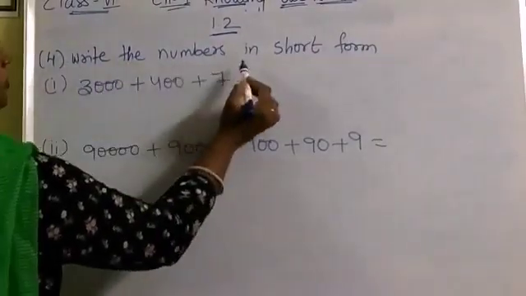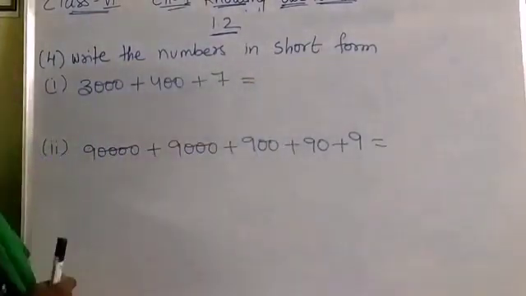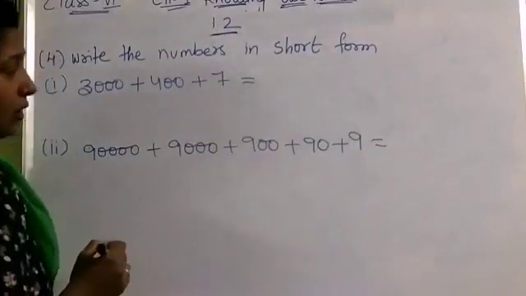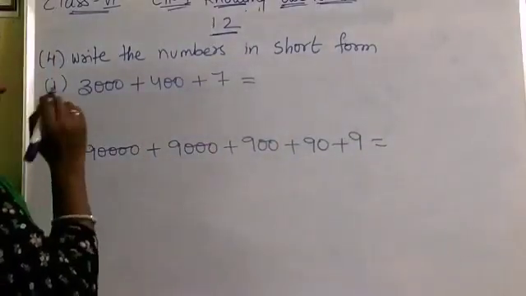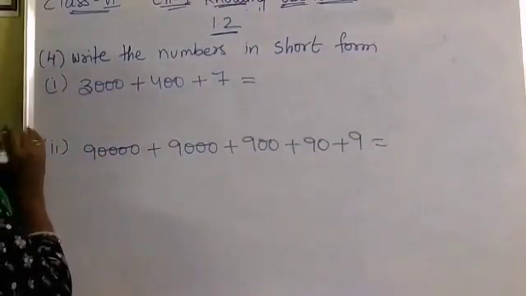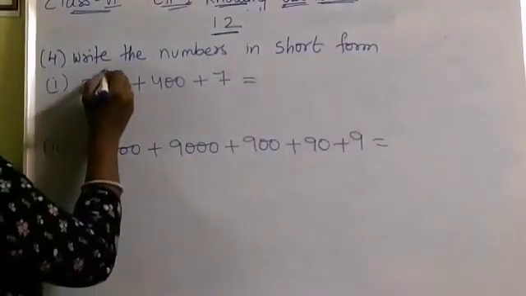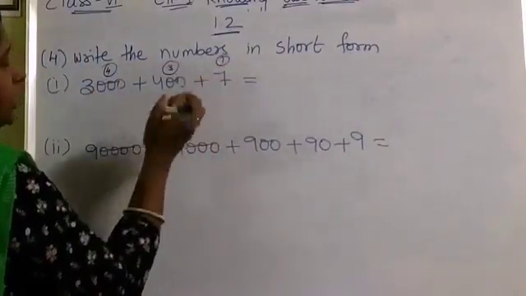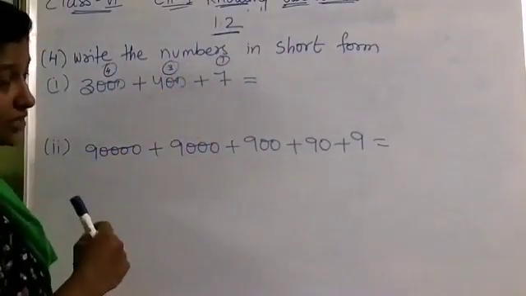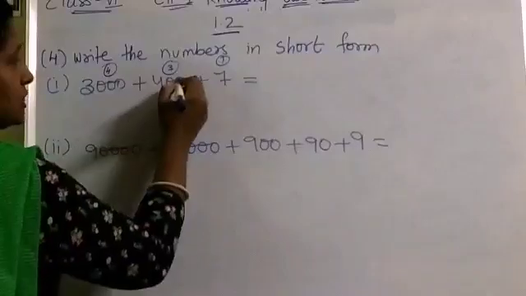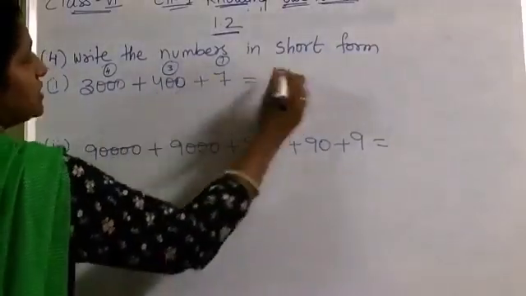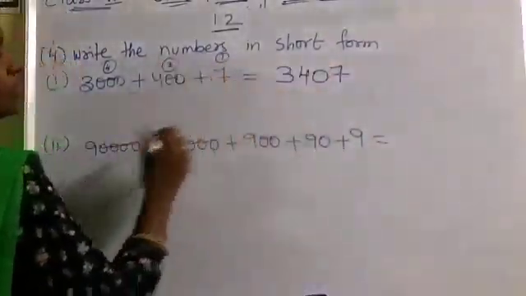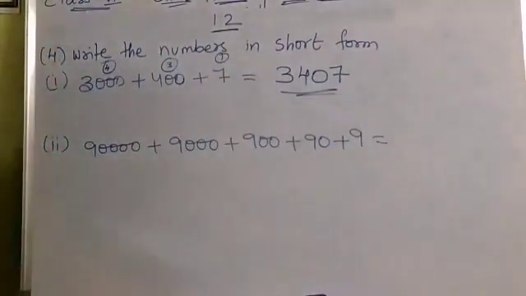Next fourth bit, write the numbers in short form. Already these type of sums you have done in your earlier classes, right? Here 3000 plus 400 plus 7 gives you what number? So here some people will get confused here. So the small trick is there. First you count number of digits in 3000. How many are there? 1, 2, 3, 4 digits are there here, right? And coming to here 3 digits are there. Coming to here 1 digit is there. Here in between 1 and 3, which number, how many digits number is missing? 2 digit number is missing. So what is the answer here? 3. And what is here? 4. 2 digit number is missing. So keep 0. Then you write 7. This is the answer. 3407 is the answer.